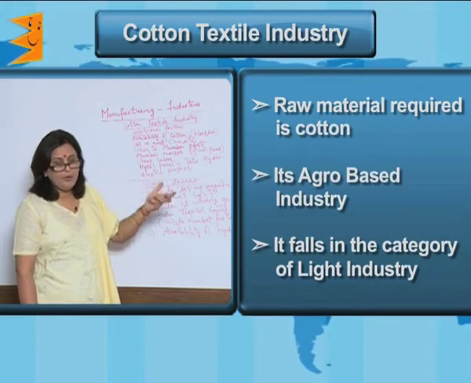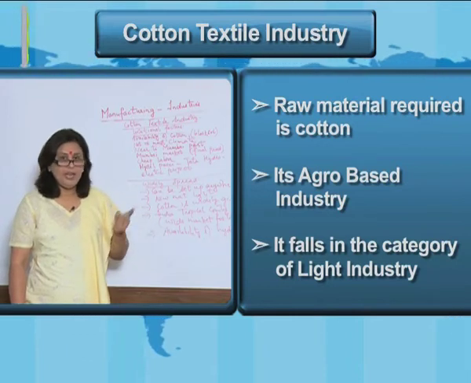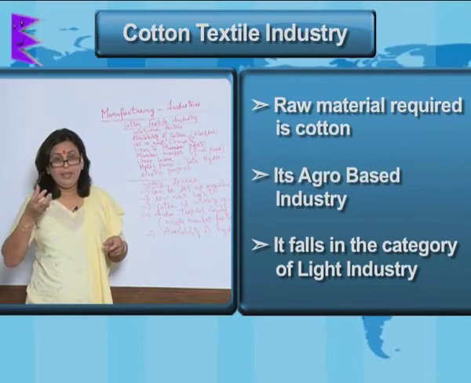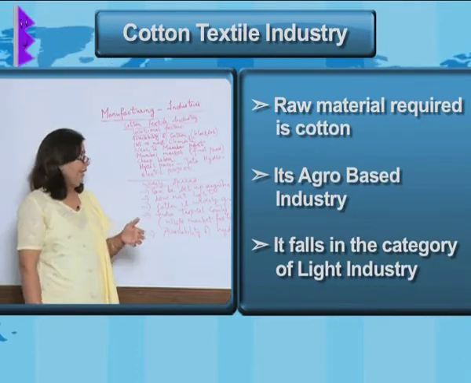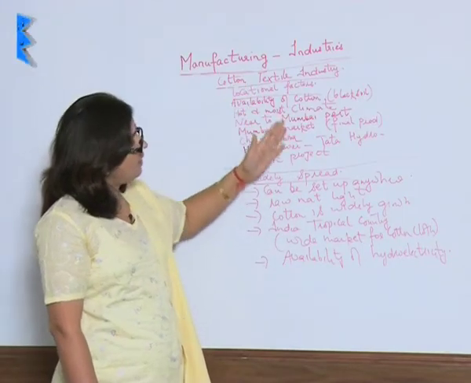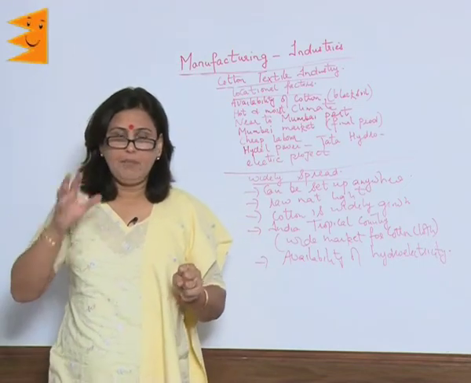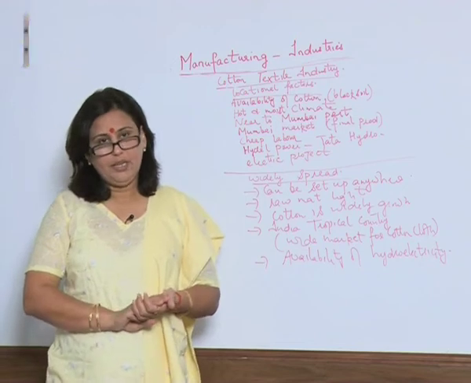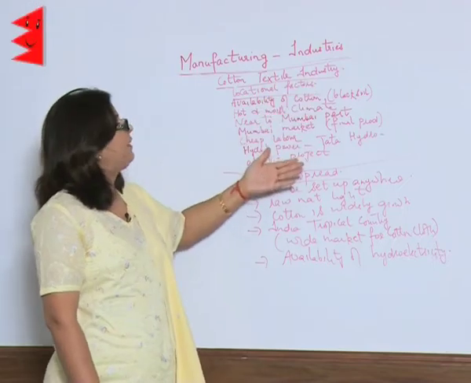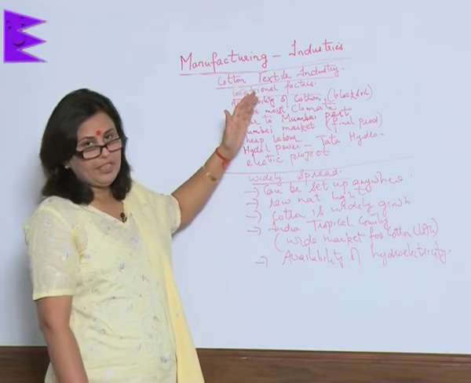That means it is an agro based industry, and also it falls in the category of light industry because the raw material cotton is very light in nature. Well, talking about the textile industry in India, there are certain locational factors which are required by all industries. Basically, for a cotton textile industry, the locational factors are, as ever, as we have for all the industries,